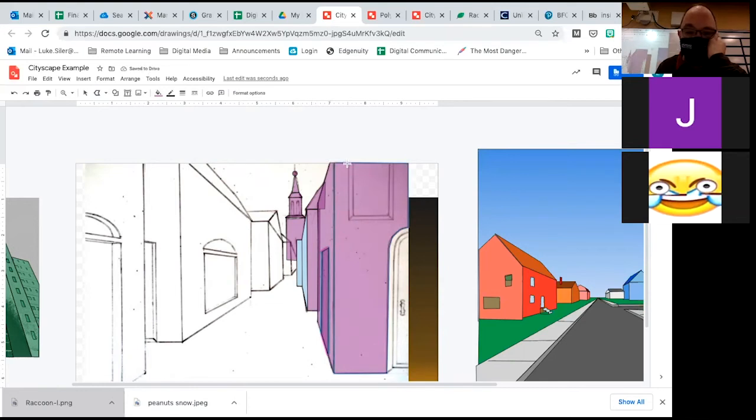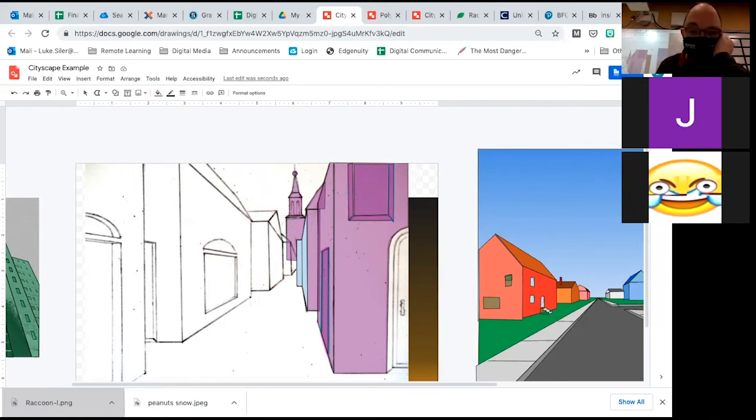That shape. And once I have things outlined, I can go back and I can start